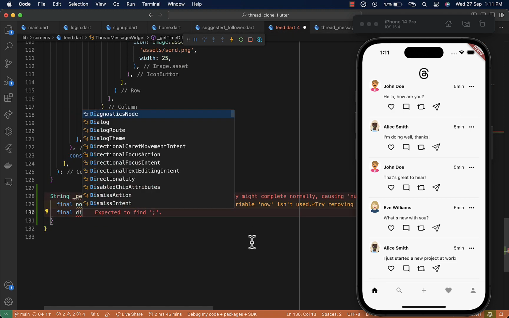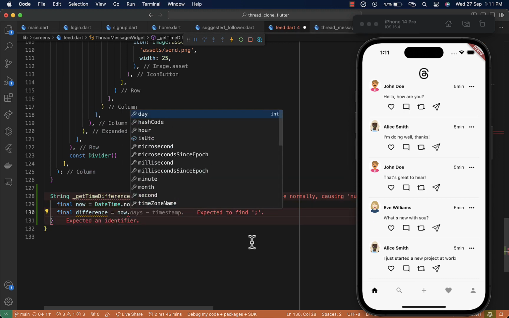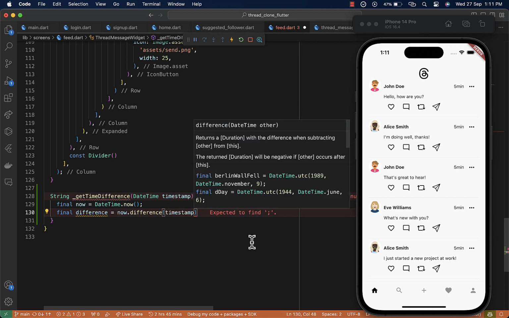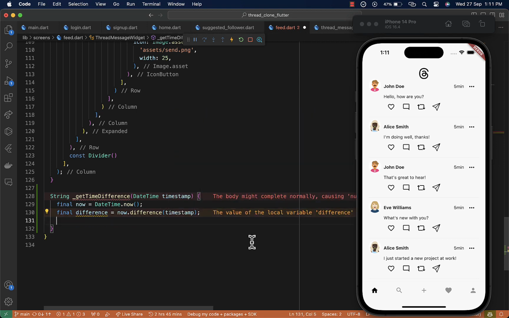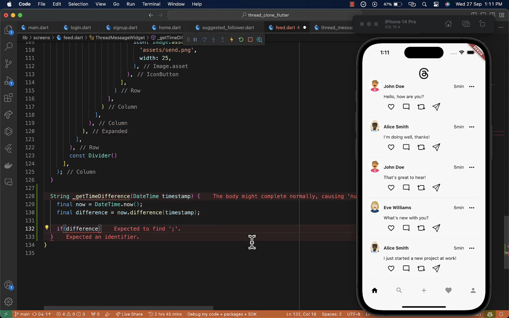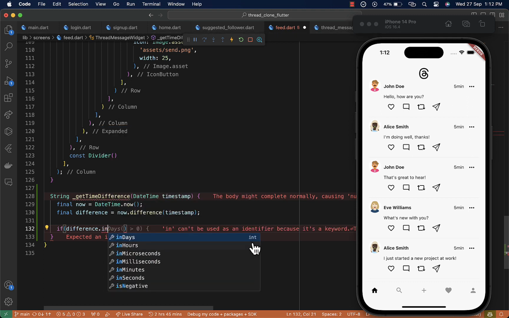And also I'll be creating a difference variable over here. The difference variable basically takes the now, which has a difference method on it, and we are going to pass in our timestamp. So that basically calculates the difference for us. So let's check the state of our difference. So if our difference dot in minutes